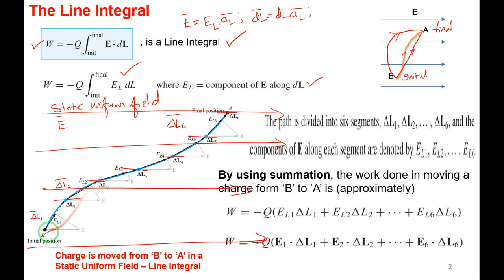everywhere the field experienced is the static uniform field that we have chosen. The field experienced by the charge everywhere on this line will be the same, right? Because we have considered a static uniform field. Then this is the first line segment delta L1, and we should choose the line segment in such a way that it is almost a straight line. From here to here it is almost a straight line, right?